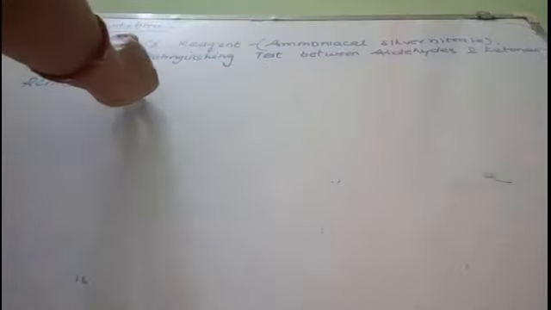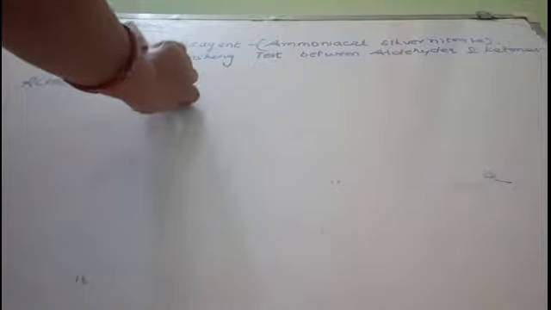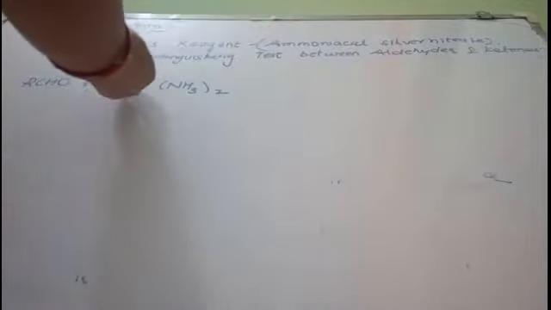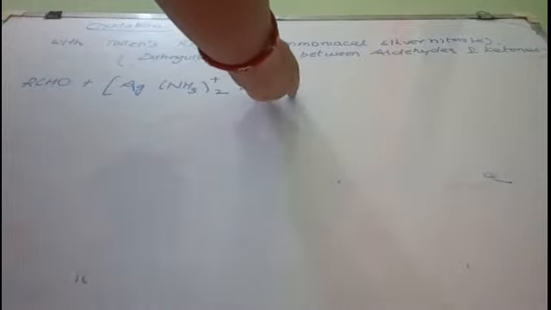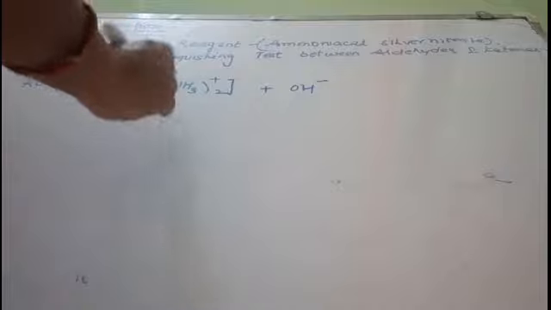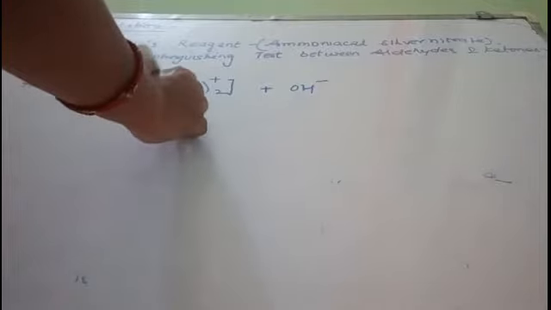It is a combination of diammine silver and hydroxide ions. Right, it is a combination of diammine silver and hydroxide ions. So this is Tollens reagent,